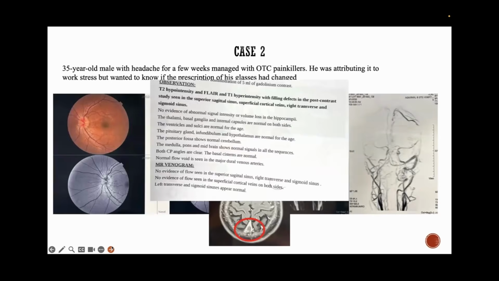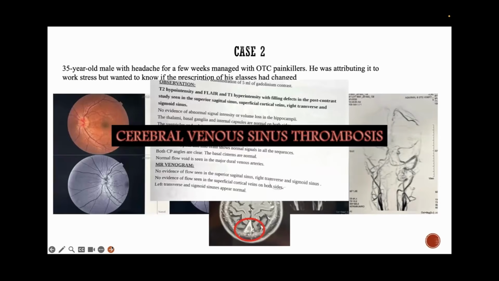So this was a patient who had cerebral venous sinus thrombosis, which is an extremely uncommon condition to walk into your OPD. But just due to the diligence of not ignoring that disc edema, even though the patient said, no, my headache is not severe, I hardly have it a few times a week, and maybe it's due to my work stress only, I found this interesting condition, which is actually a medical emergency. The clot will just keep expanding and it can actually even be fatal.